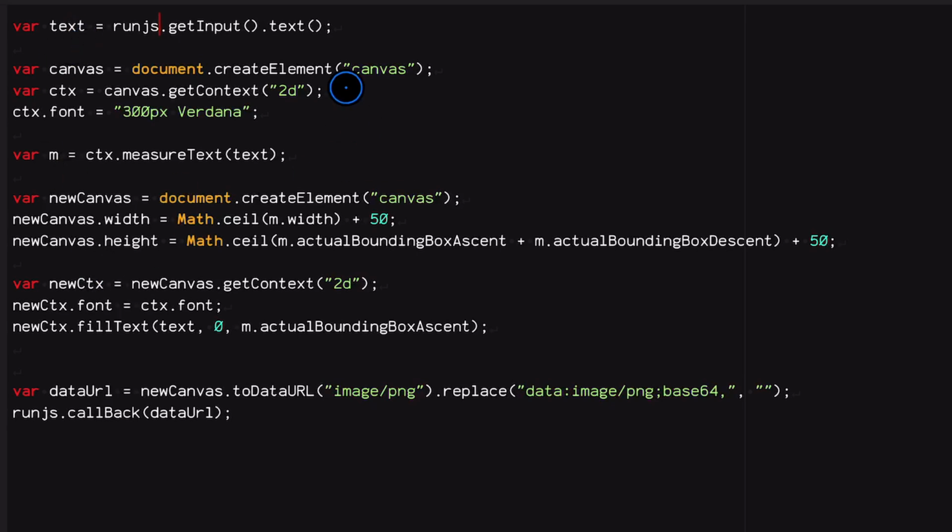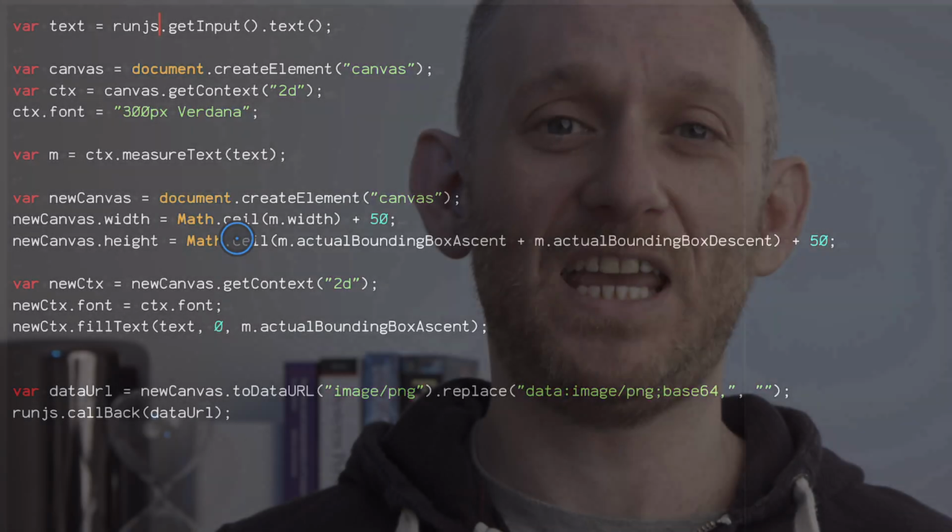Then I create a JavaScript canvas, and I'm setting the font to be 300 pixels Verdana, but you can change the font here if you want. The critical thing here is that I'm then measuring this text to find out how wide it is and how it ascends from the baseline and how it descends from the baseline. And then I use that to create a brand new canvas that's exactly the right size to take that text